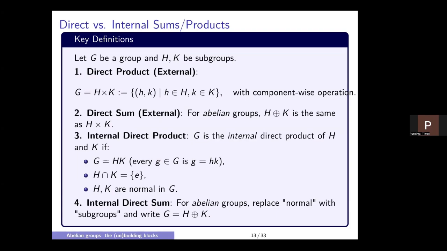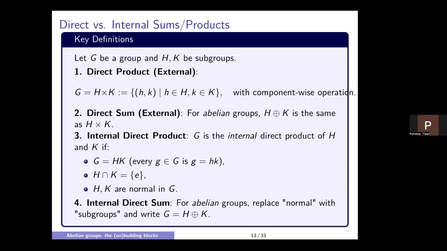We have the direct external product defined as H cross K, the set of pairs (h, k), where h is taken from the subgroup H of G and the element k is taken from the subgroup K of G, with componentwise operations applied. And then we have the direct sum, which for abelian groups is the same as H cross K. And the internal direct product, where